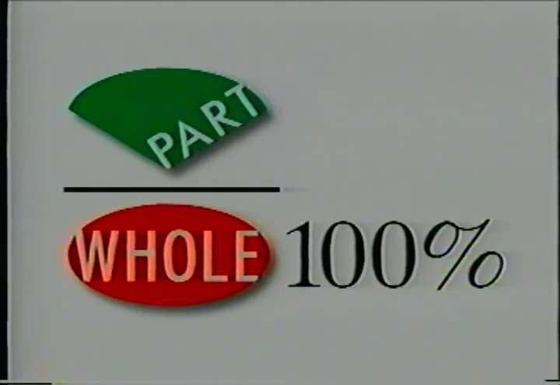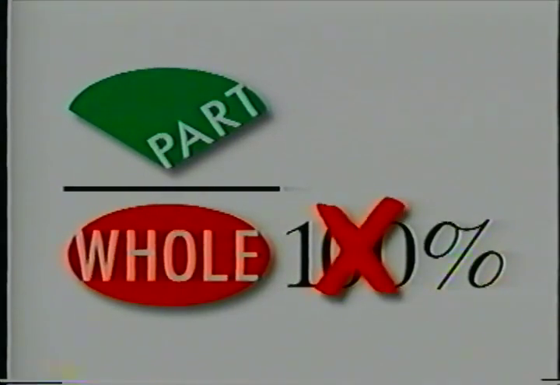Another way to look at them is as parts of a whole. When we have all of something, we call that 100%, one whole. So, when we have a smaller percentage, it's a piece of the whole, or a fraction with a denominator of 100. The connection between fractions and percents is obvious. Percents are fractions with a common denominator of 100. To convert from a percent to a fraction, put the number over a denominator of 100 and drop the percent sign. And if you can, reduce.